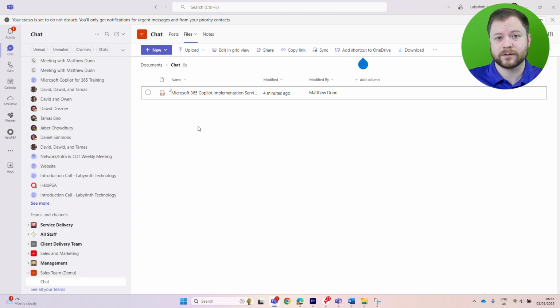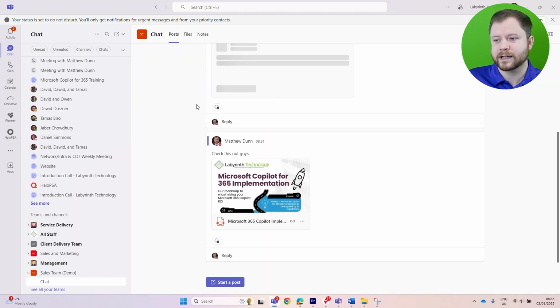So that's something that you as a business need to decide with proper advice, and most importantly, you need to educate your users on what the correct tool is for working with different files. But generally what I find and what most organizations find is that Teams is a great way of collaborating on